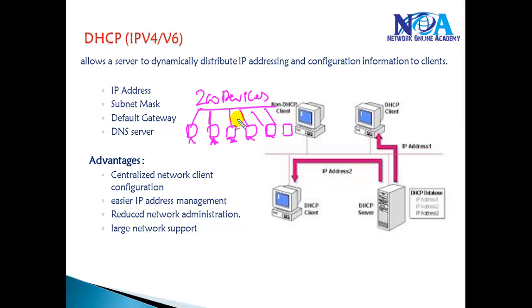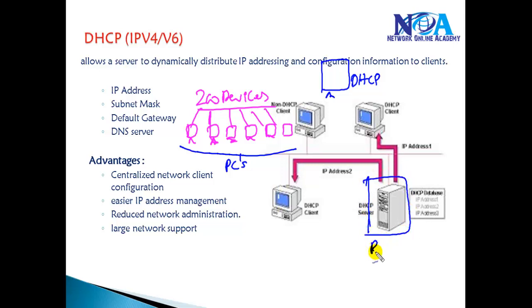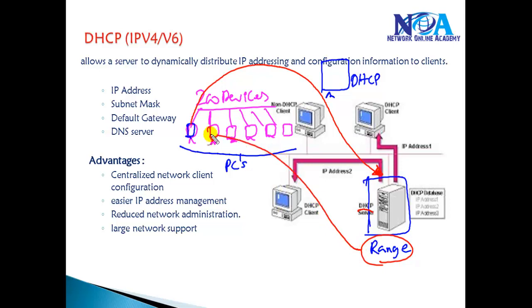Instead, what I want is to ensure that all the PCs or clients in my LAN get the IP address dynamically from a centralized location, and that can be done by using something called DHCP. I can configure a DHCP server, and in this DHCP server I can define the range of IP addresses. Whenever the client boots, it sends a request to the DHCP server saying that I need an IP address, and the DHCP server will see this range of IP addresses and assign the IP address to the client.